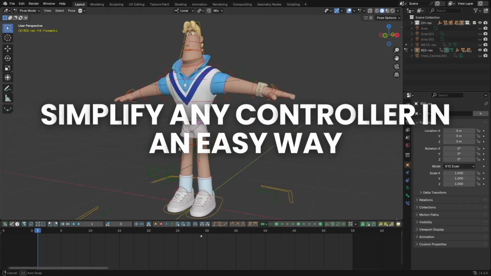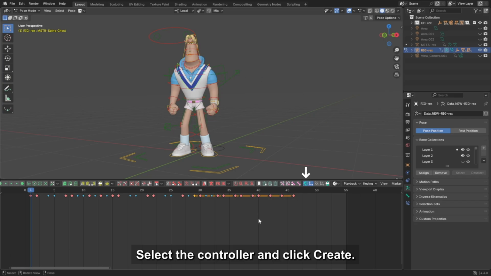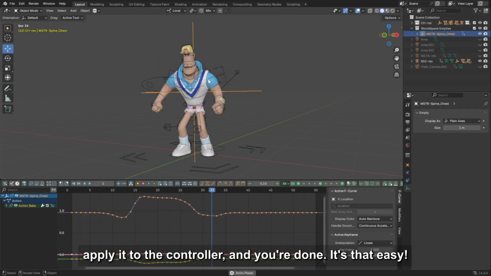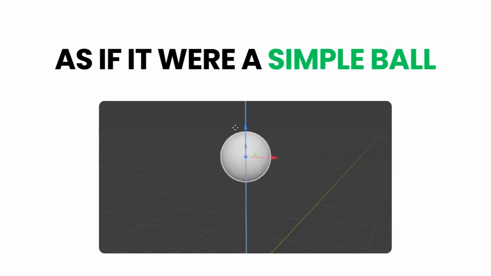A fancy name just to say that we will simplify any controller in an easy way as if it were a simple ball. To do this, select the controller and click Create. Now just copy the animation curve, apply it to the controller, and you're done. It's that easy. In some cases, simply simplifying the controller as if it were a simple ball will not be